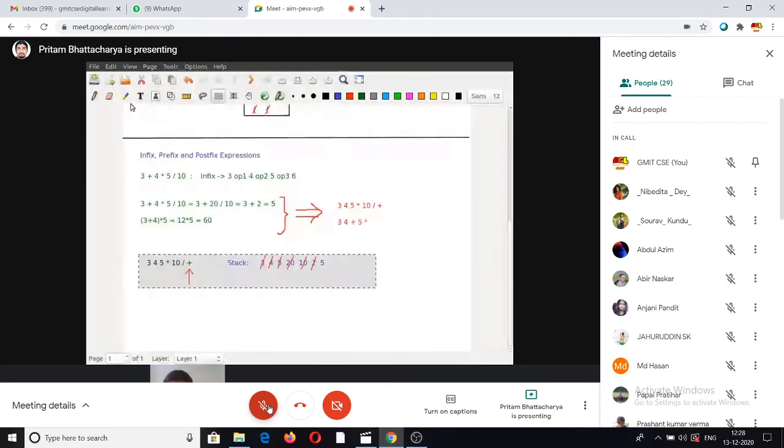So just to compare, let us have the expression without the parenthesis. That is 3 plus 4 into 5. Okay. So here, how should it be evaluated? I should have 3 plus 20. That is 23.